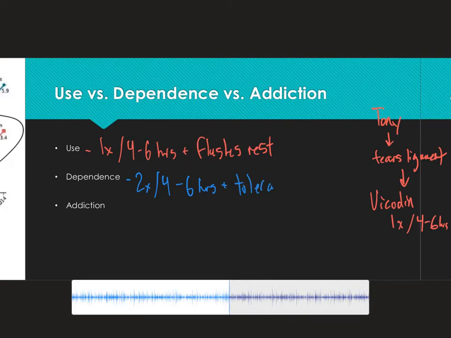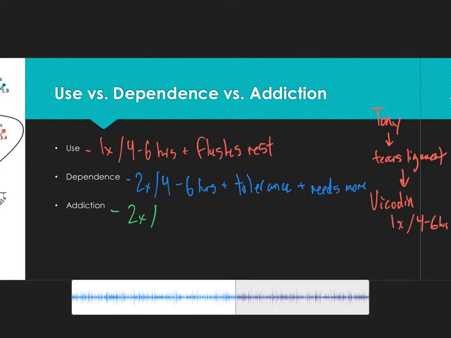He starts to take 2 pills every 4 hours instead of 1. He runs out of his 30 prescribed pills. Tony angrily calls his doctor, telling them that they did not prescribe him enough. Tony eventually receives another 30 pills and continually takes them at higher doses.